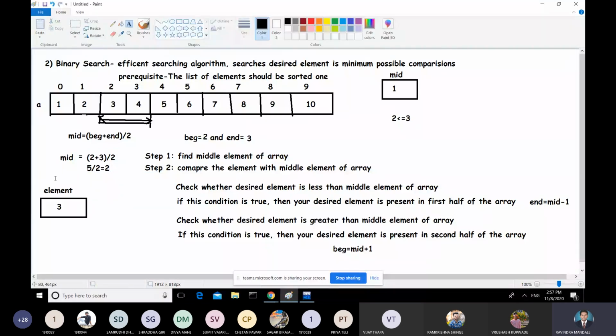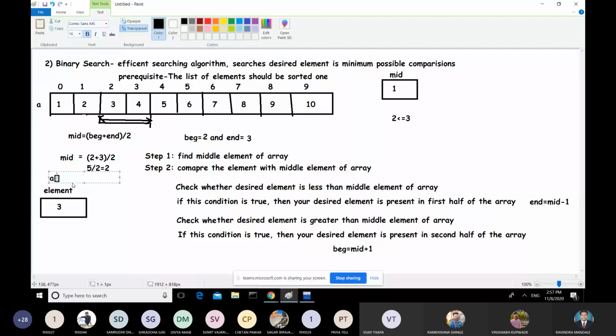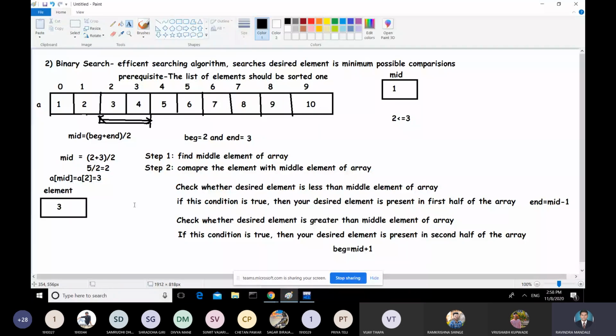And what is the middle element? A of 2. Middle element is A of 2, that is 3. Okay. So see, right now we are only focusing on this part. Only 3 and 4. Getting?